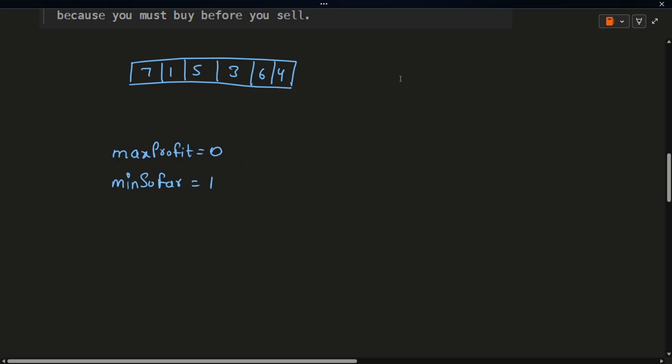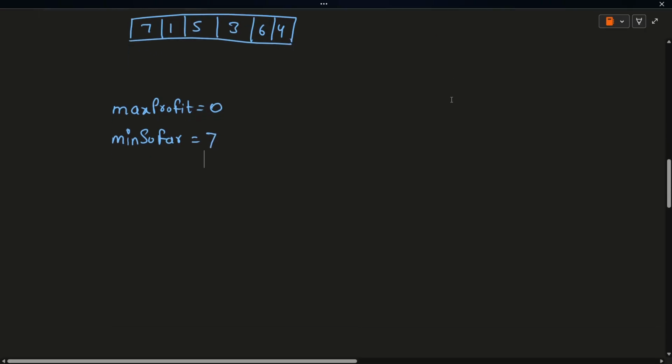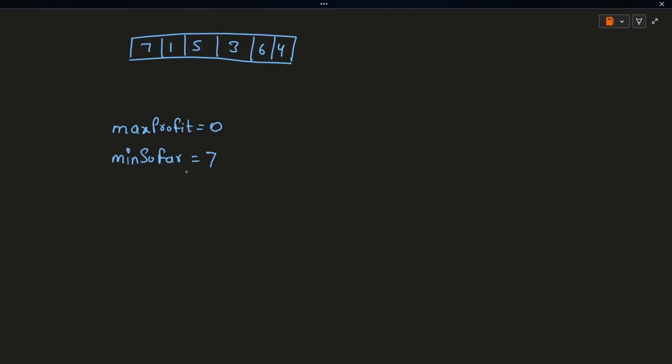So in a loop, this is how we keep track of our minimum value. Now, when we declare our variables, we start with the minimum as 7, because we are just starting our loop. This is our first step. In the second step, when we start our loop, we start from index 1, because we already have the value of minimum so far, which is 7 here. We'll start from index 1 and loop until n.